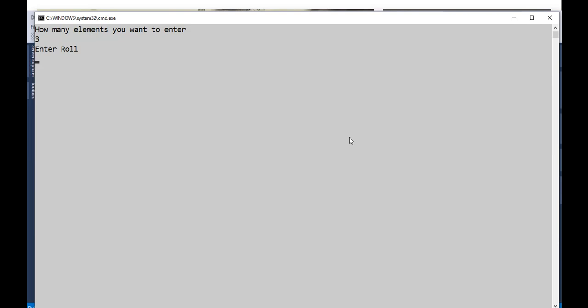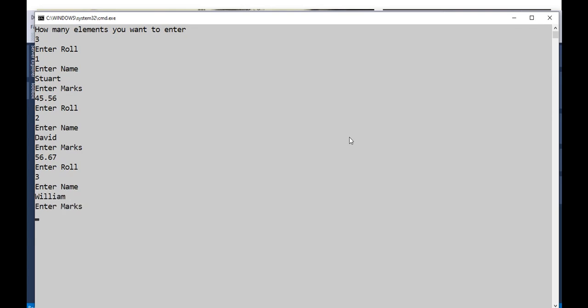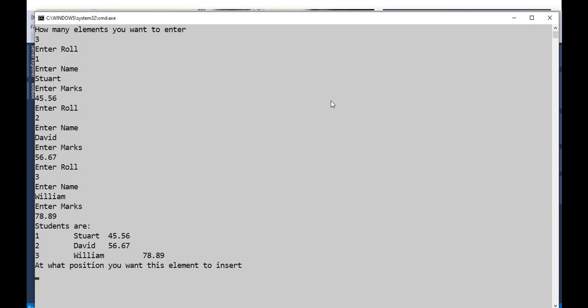Let's enter the roll number for the first one, 1, then name, marks, second one, name, marks, third one, again name, let's specify the marks. That's it. Now I got a total of 3 students here.